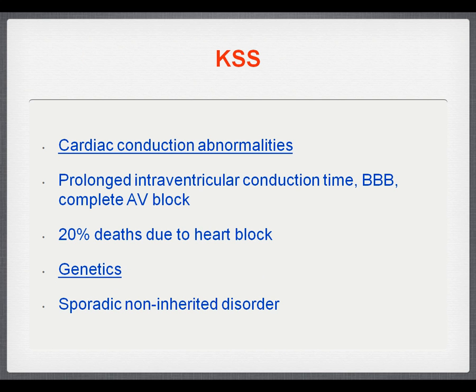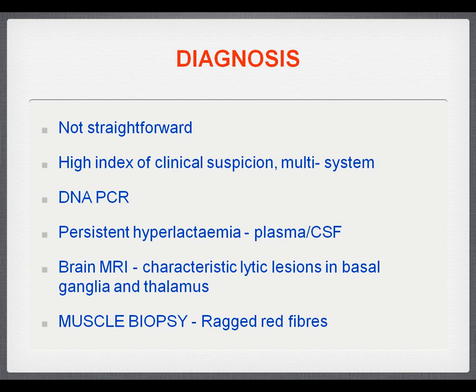And the genetics of Kearns-Sayre is that it's a sporadic, non-inherited disorder. And in the neurologist's notes, they noted that she'd had a daughter via the cesarean that I talked about before, and there were no problems with the daughter. Also, she had a brother that there were no issues with, and both of her parents, there were no issues.